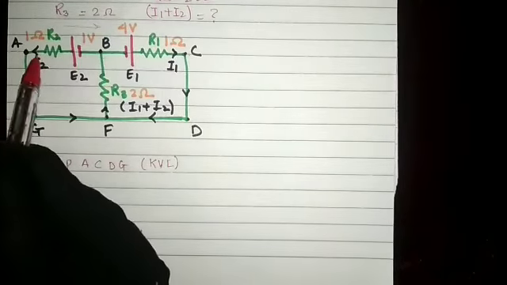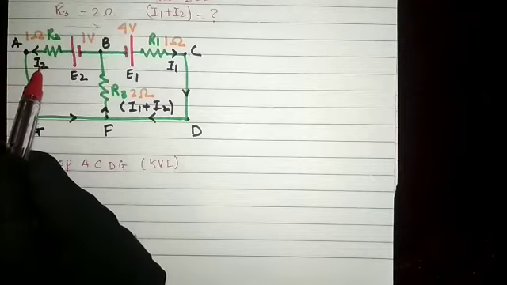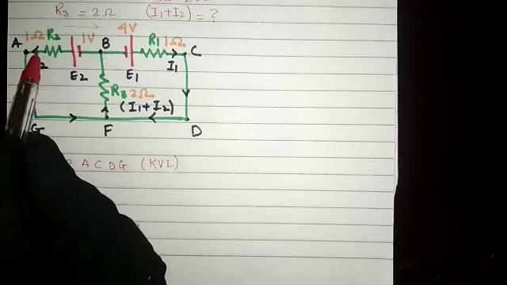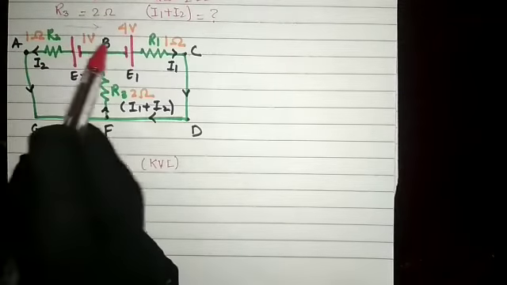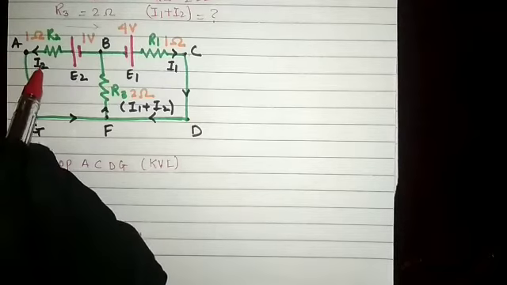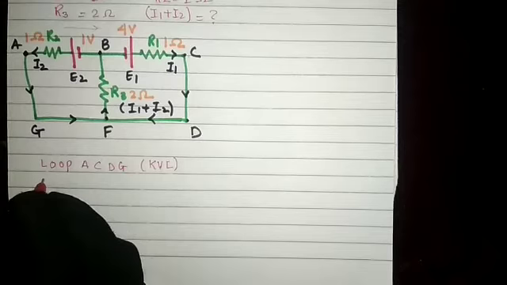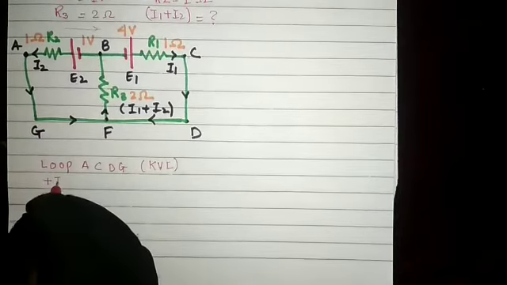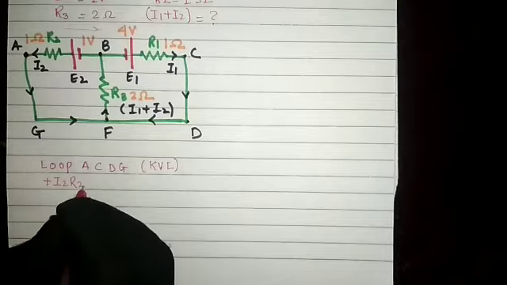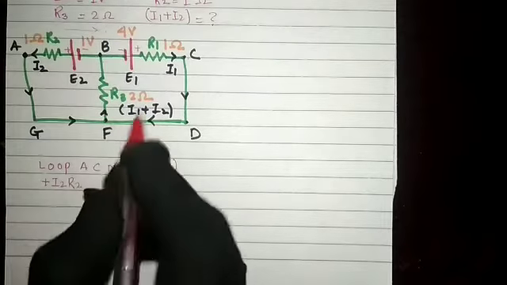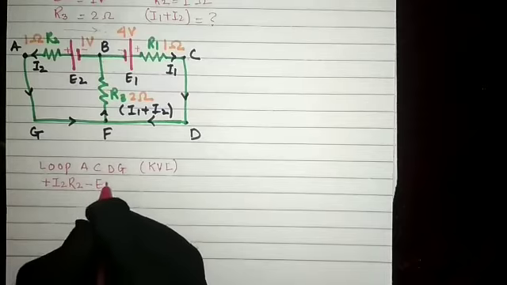Fine. And here first you have the potential difference I2, R2. The direction of the current is opposite to our tracing direction. So when you are tracing the circuit and the direction of current is against the tracing direction, you will have a positive potential difference, that is positive I2, R2. Then this terminal: the larger line is positive, the lower line is negative. Our tracing direction is this, so we are going from the positive terminal of the battery to the negative terminal. So here E2 will become negative.